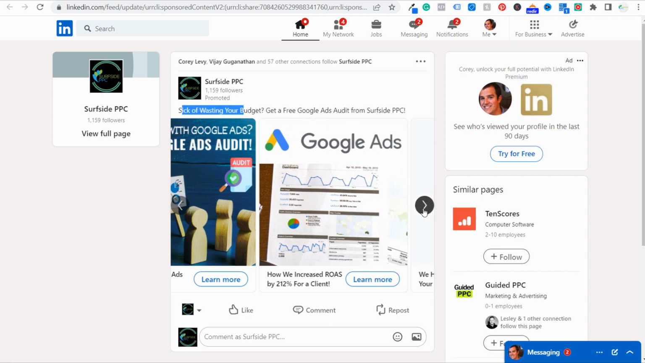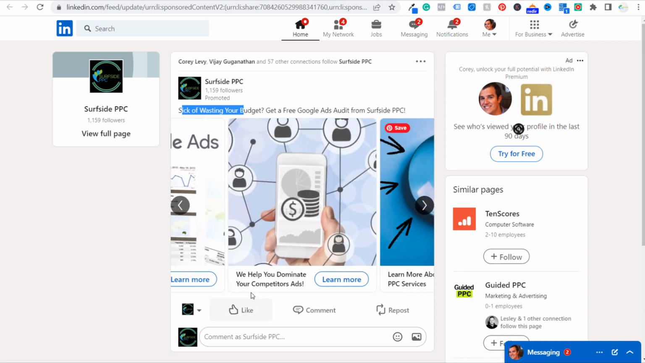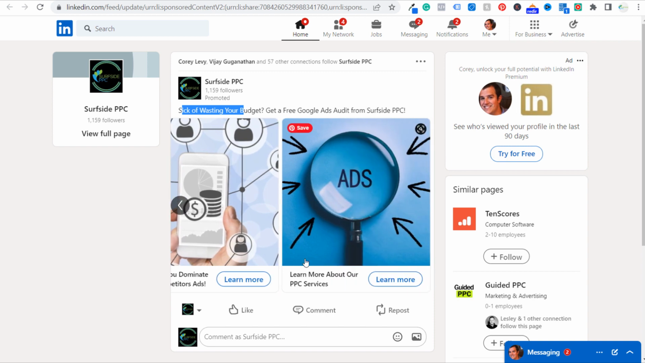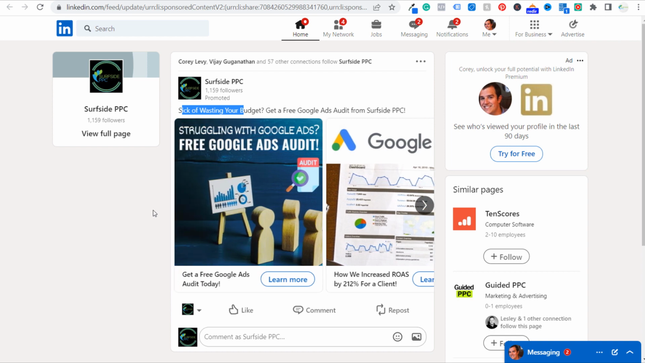I have a case study, how we increase return on ad spend by 212% for a client. Then I have, we help you dominate your competitors' ads, and click on learn more here. And then we have learn more about our PPC services. So pretty basic advertisement. Now what you want to do is obviously if you're creating different carousel ads is you